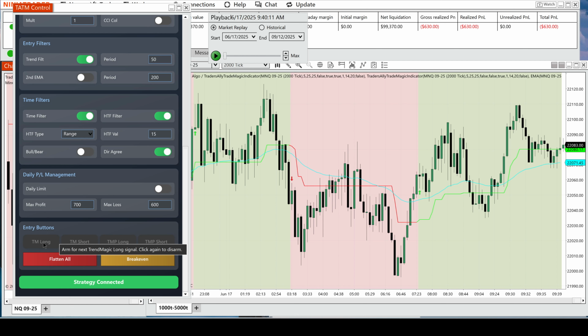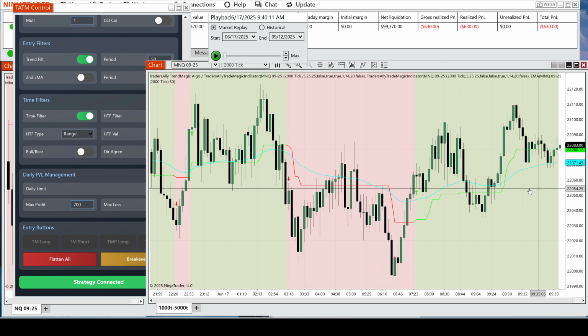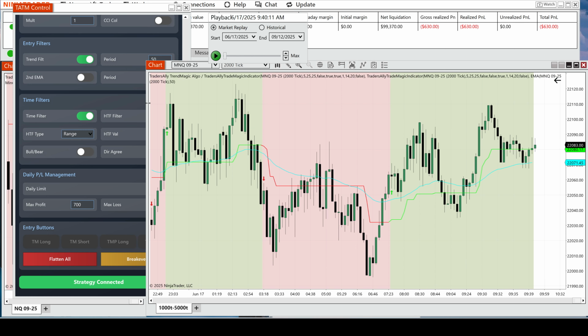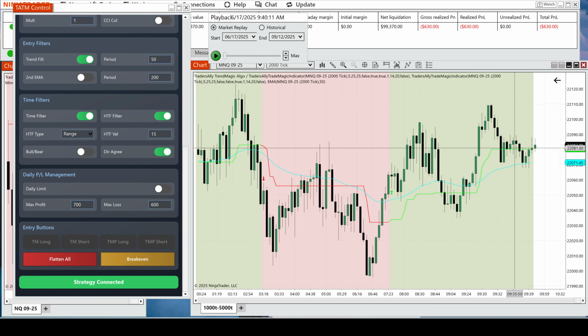So sometimes you are setting your strategy to strict conditions, but you are here monitoring it, and if you can say, hey, I think here I can enter manually if we're having a trend magic change. So let's say we're currently long, and we're saying, hey, let's just TM short, so trend magic short. So next time it's going to turn